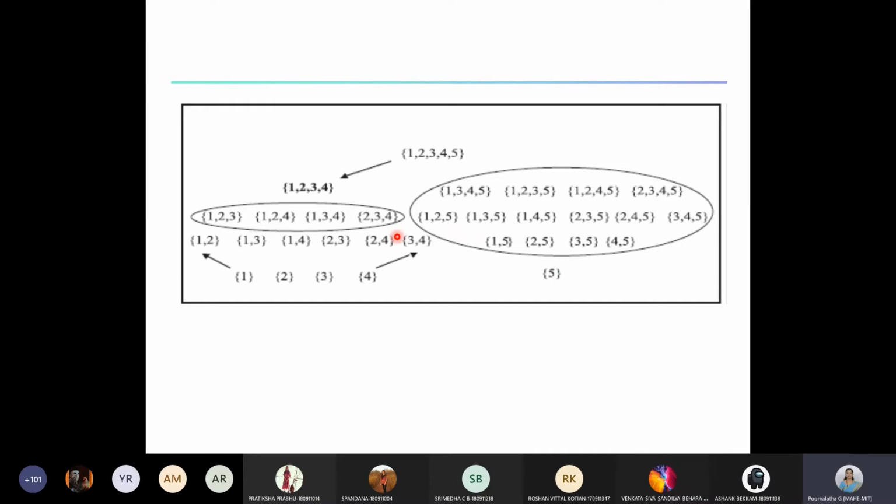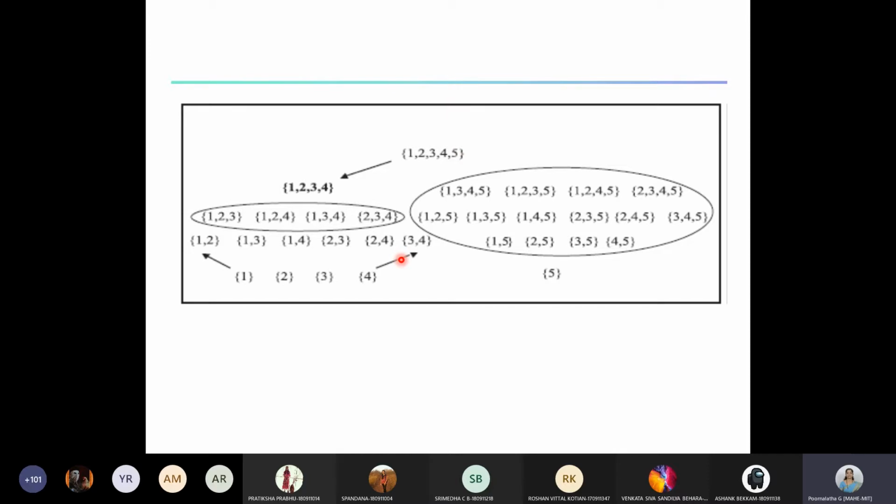Simultaneously, because this is not frequent, we go for subsets of this item set, subsets of size 4, and we generate all these item sets of size 4. So in the second step, we are generating the supersets of the frequent item sets, and we also generate the subsets of this infrequent item set. So together we have this one and this one.